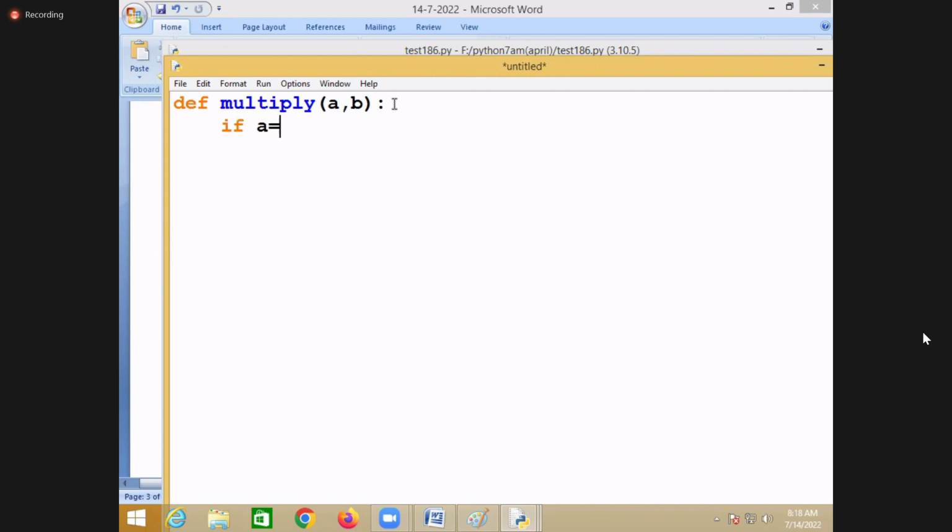So I'm checking the condition: if A double equal to 0 or B double equal to 0, then what are you saying? Raise. You're generating an error. Is multiply handling the error or generating the error?